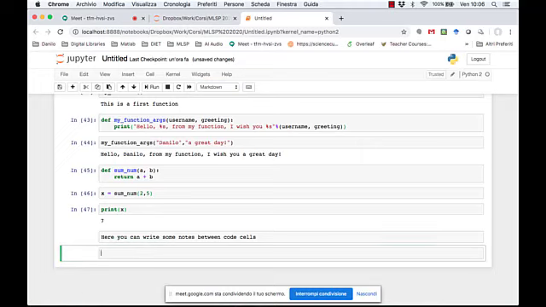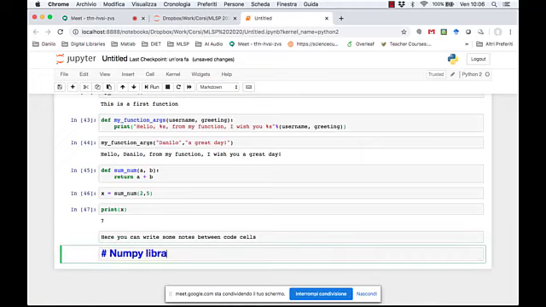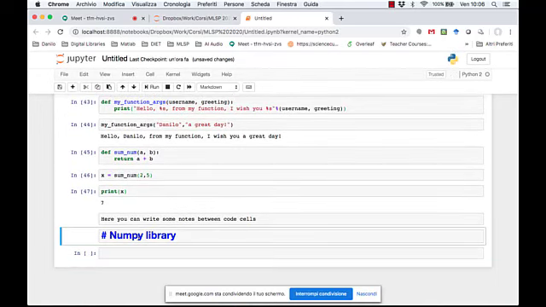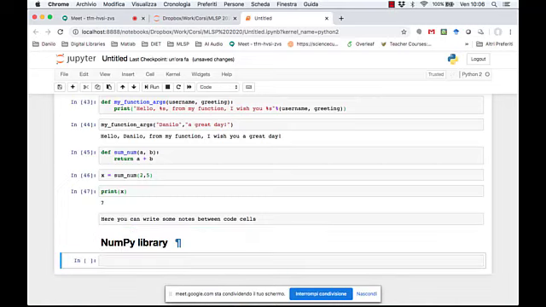We can write NumPy library. So we can start a new argument here, and we can start talking about NumPy. What is NumPy? NumPy is short for numerical Python. So it was born as an open source library, as most of the libraries of Python, and it has evolved into an essential library for scientific computing in Python, and